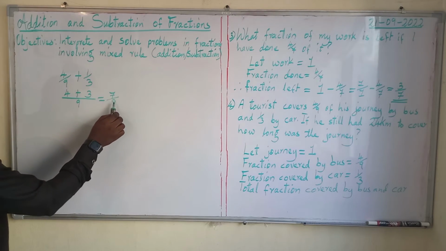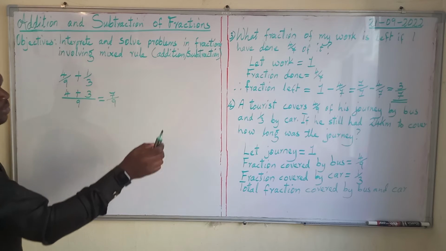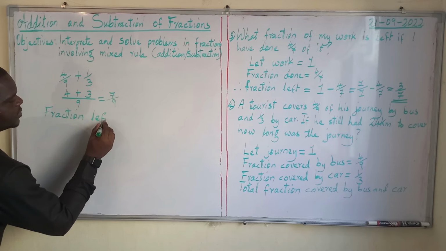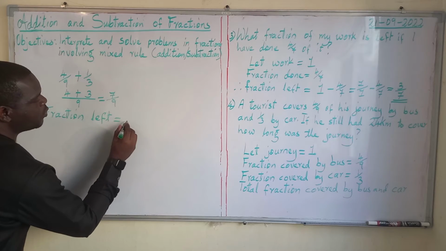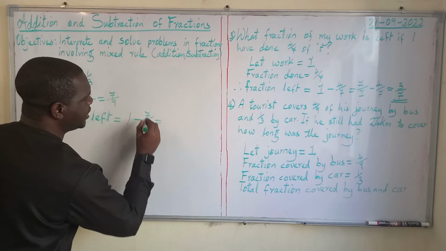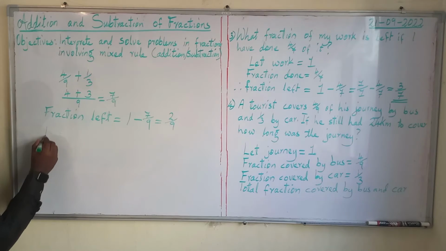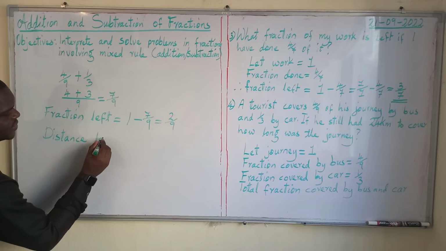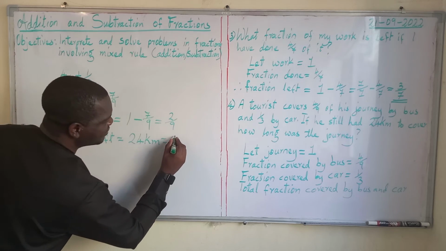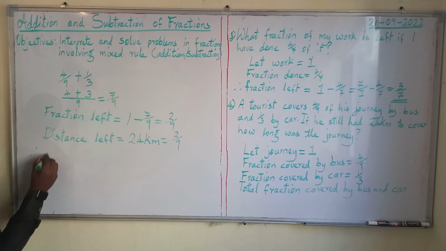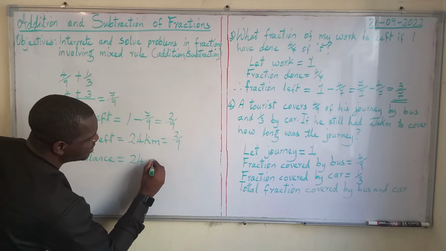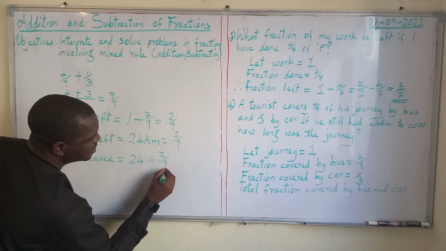If we can identify the total fraction covered by bus and car, then we can find the fraction left. Fraction left from the whole journey. Fraction left will be equal to 1 minus 7 over 9, which is equal to, find the difference here, 2/9. Distance left is equal to 24 kilometers, which is the same as the fraction left, that is 2/9. Therefore, total distance will be equal to 24 kilometers divided by the fraction left, that is 2/9,